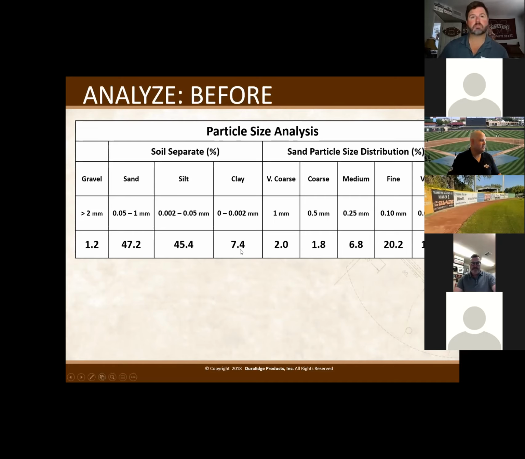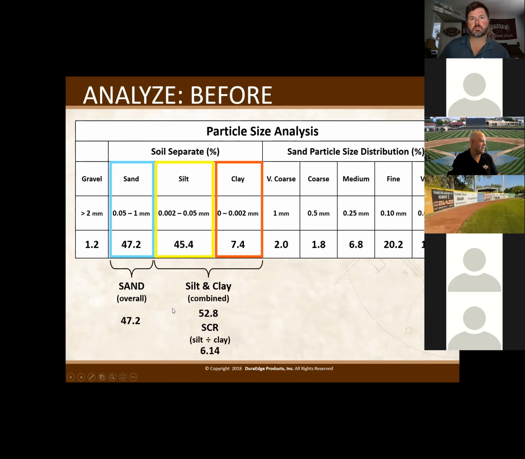So the goal in this particular situation is to drive the very fine and fine sand particles down. I just walked through this, but as you can see, the silt to clay ratio, which is as simple as silt divided by clay, comes out to 6.14.